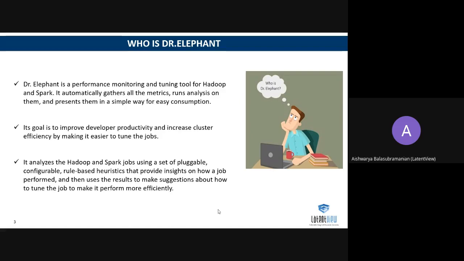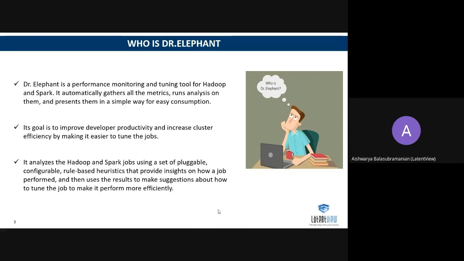And the most important thing is you can also write your own custom rules. There are a set of predefined rules which we will explain in the later part of this slide. Other than that, there are also rules which you can write on your own as per your application. You can write them for a MapReduce job as well as for a Spark job. For both of these, you can write the rules and launch Dr. Elephant on top of it, so that those rules will also be applied to your code.